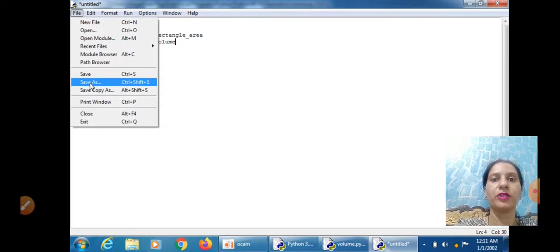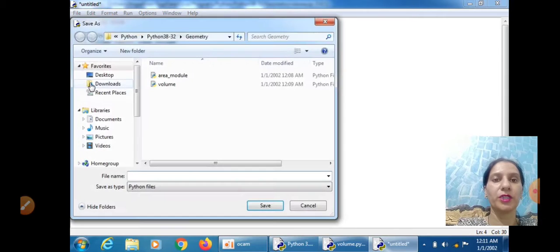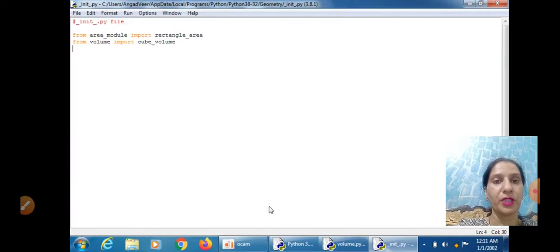Now save it also by using the Save As option in the geometry directory and give it the name __init__.py. Whenever you create an init file, always give it the name __init__.py. Save it. So this is the __init__.py file.